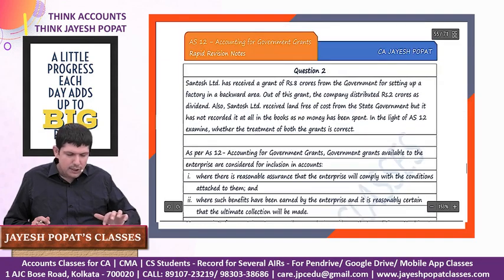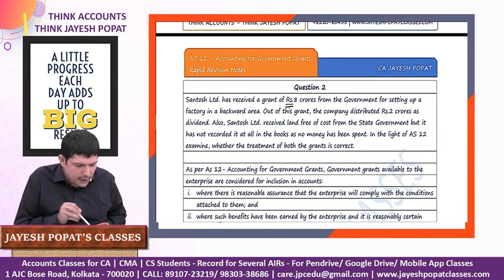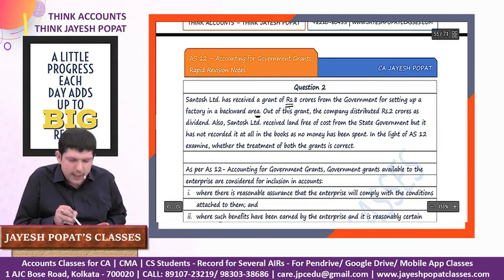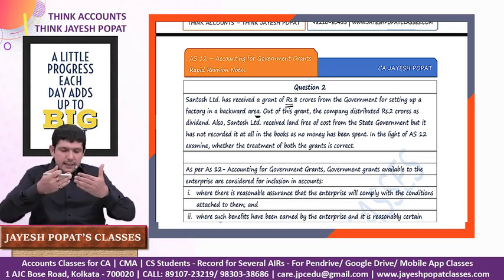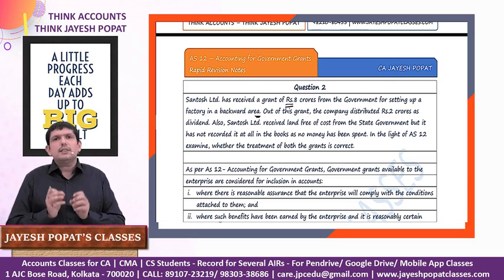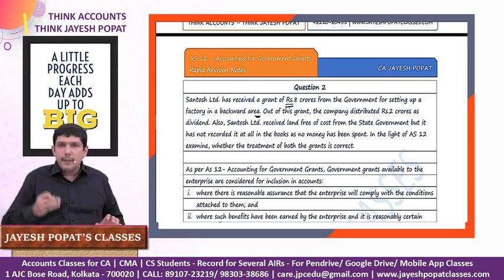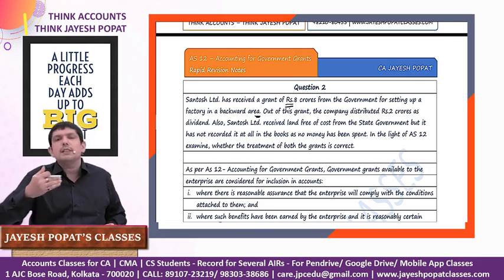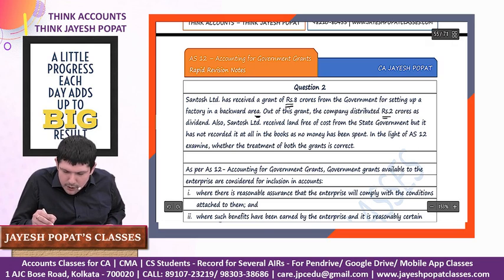Let's go on to the second question. Santosh Limited has received a grant of rupees 8 crore from the government for setting up factory in the backward area. So since Santosh Limited has set up factory in the backward area, it has received grant of rupees 8 crore. So this grant looks as in the nature of promoter's contribution, which is provided by the government based on the investment made by Santosh Limited in the backward area. Out of this grant, the company distributed 2 crore